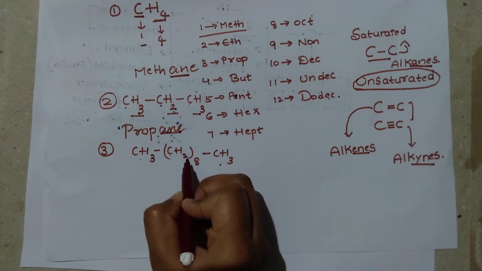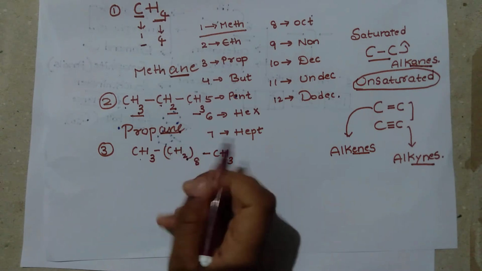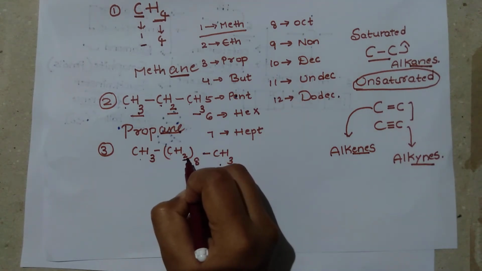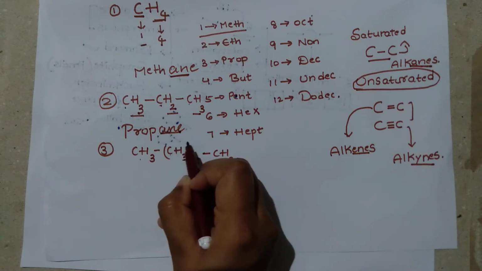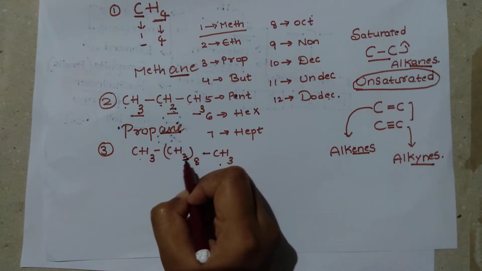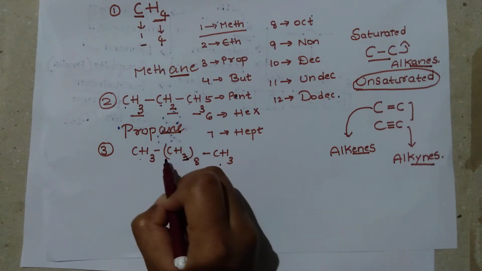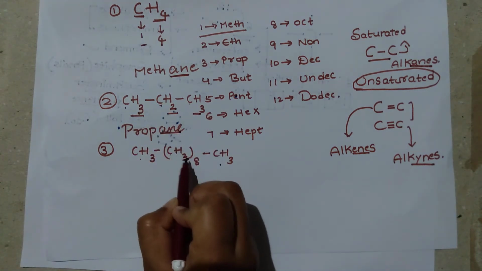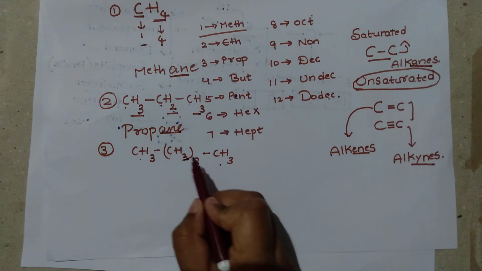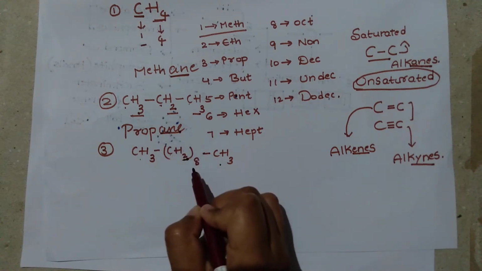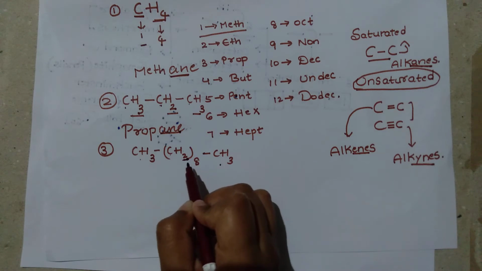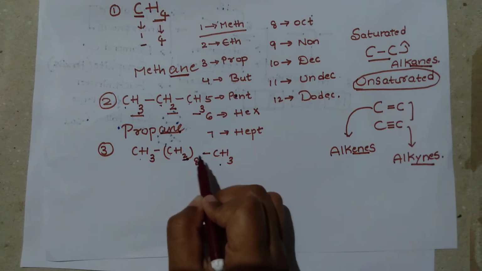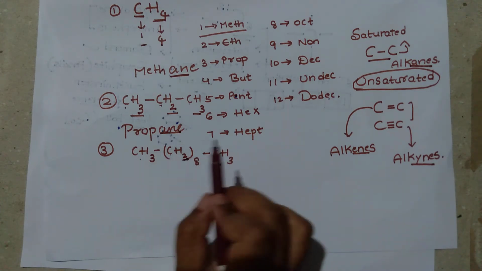This CH2 compound is an organic compound. We know it. But the number 2 is only for the hydrogen atom, and not for carbon. This 8 and this 2 both are for hydrogen atoms. But for the carbon atom there is only the number 8. Carbon has here only 8, not more than 8.